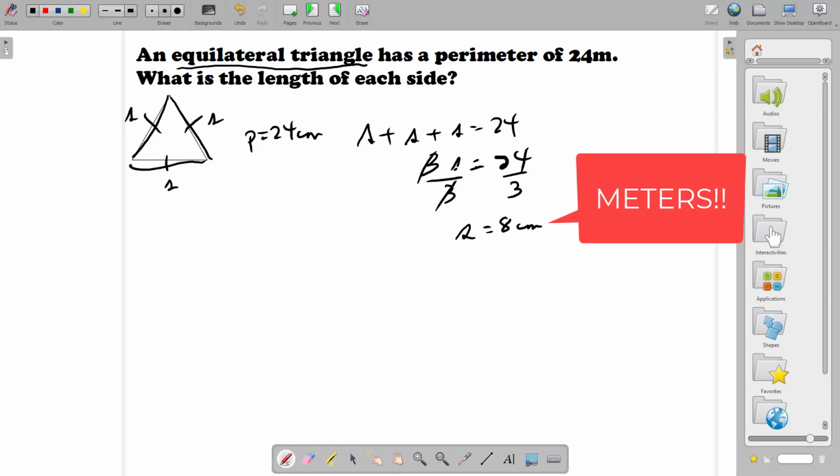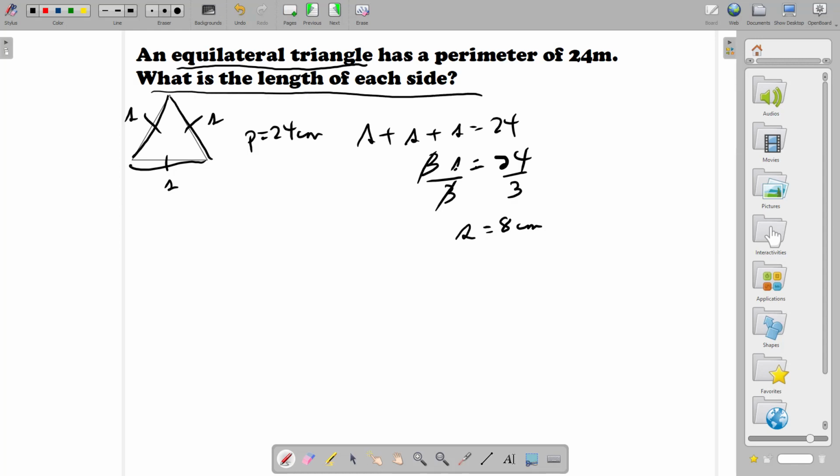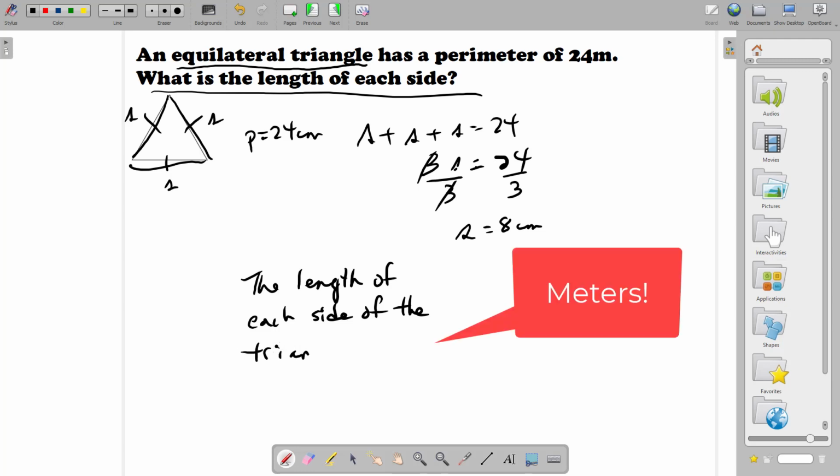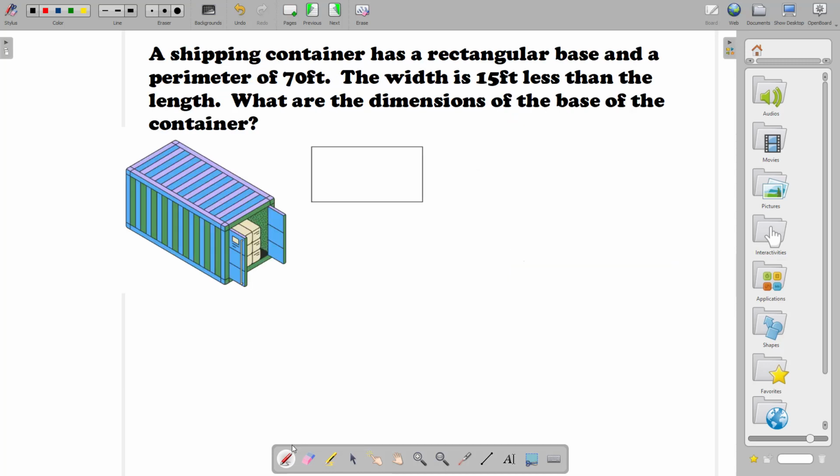centimeters. Since we have a word problem, I like to answer the question, which is what is the length of each side, with a word answer. The length of each side of the triangle is 8 centimeters. Okay, in this next problem we have a shipping container and it has a rectangular base, so